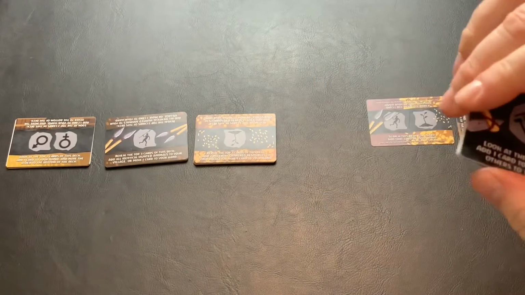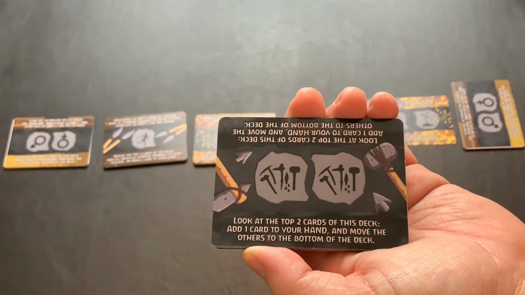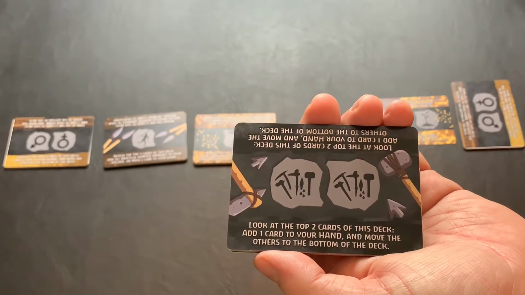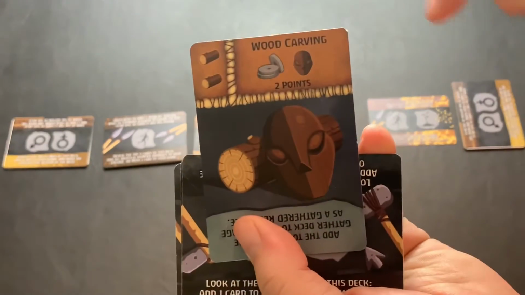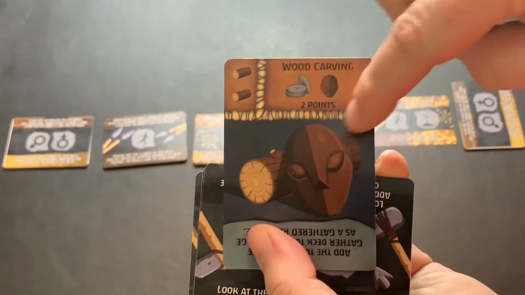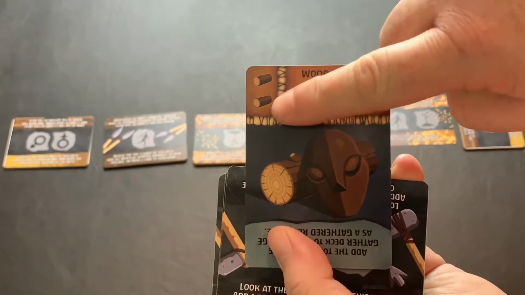Looking at the Innovate deck, when you play villagers that have 2 Innovate icons, you look at the top 2 cards of the deck, add 1 to your hand, and move the other to the bottom of the deck. The Innovate cards are generally worth points. They give you scoring icons, but in order to play this card to my village, I have to have this